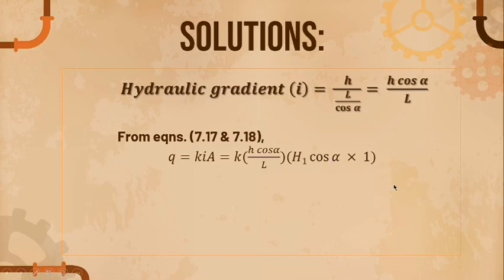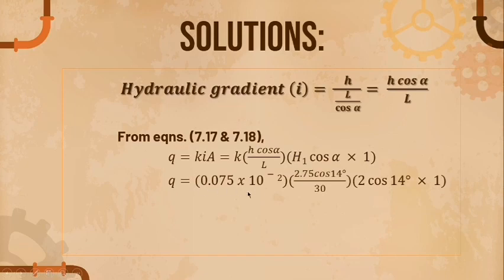So just substitute the given: 0.075 times 10 raised to negative 2 multiplied by 2.75 cosine 14 divided by 30, that's the L or the S, times 2 cosine 14 times 1,